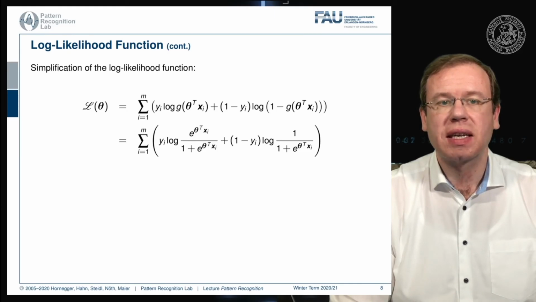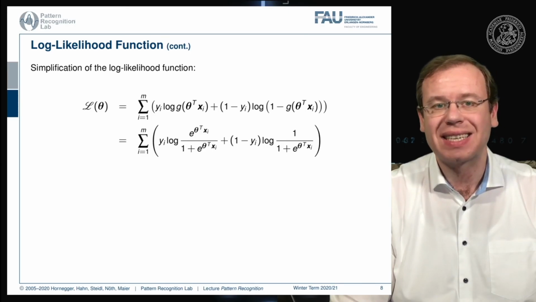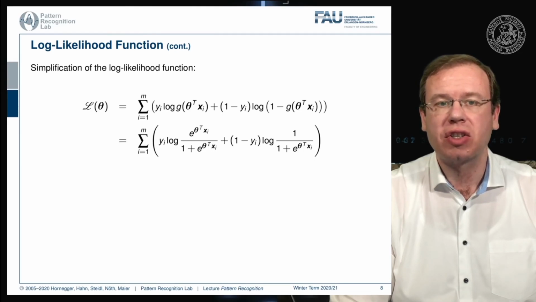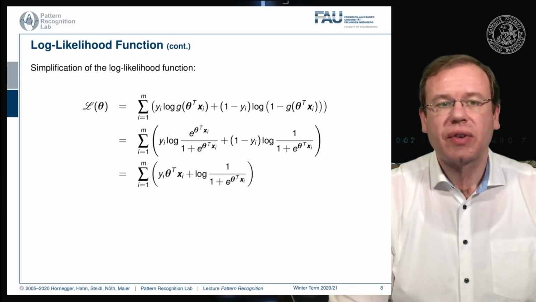So this brings us then into a kind of notation that is very similar to what we see in the second term, where we have the logistic function in the formulation 1 minus g of theta inner product x, and this can also then be reformulated here on the right hand side as 1 over 1 plus e to the power of theta inner product xi. You see now why we did the adaptation on the left hand side. They both now have the same denominator. Now with this we can